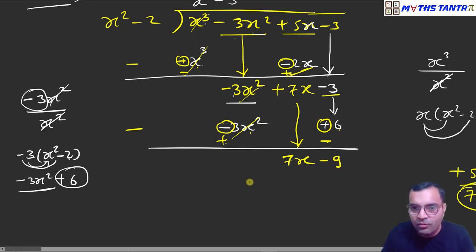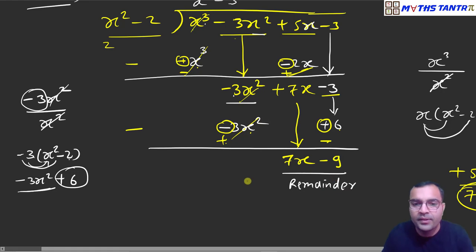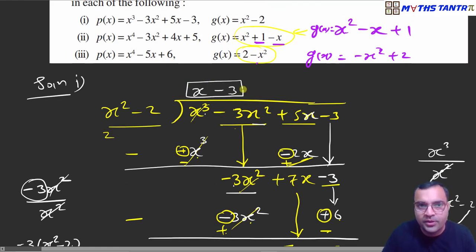Okay. Now while dividing, what should we check? The power or degree of your dividend should be greater than or equals to that of the divisor. So here the degree is 1, here the degree is 2. It is not greater than or equals to, right? So we should stop. As soon as we get the degree of dividend less than degree of divisor, we should stop. You will get the remainder. Okay, so this will be my remainder. Okay, and the last one, this will be our quotient, right?